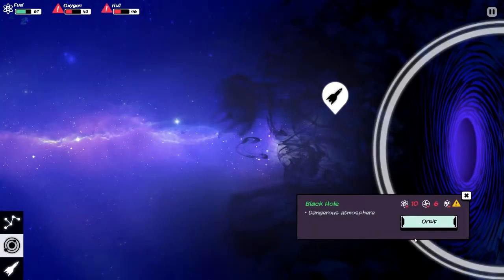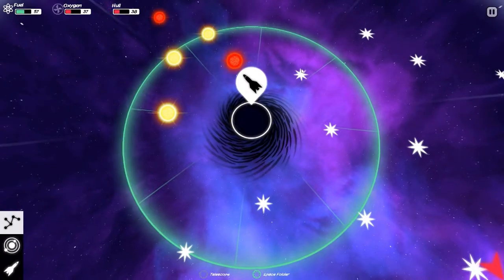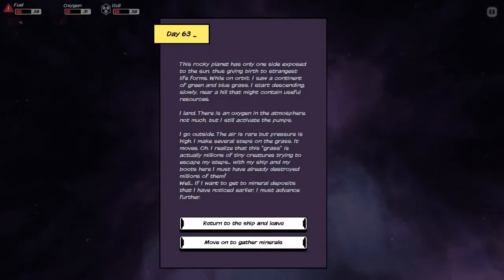But hey, I just want to be sure if we orbit. Yeah, there's nothing we can do here. Oh, another black hole. Let's just not go there. Yellow dwarf. This rocky planet has only one side exposed to the sun, thus giving birth to the strangest life